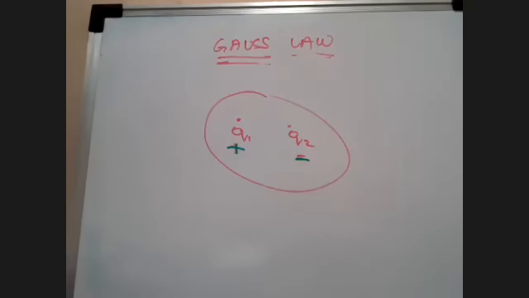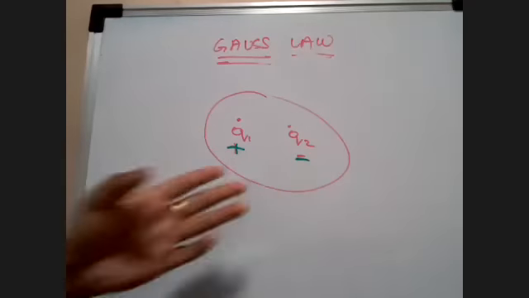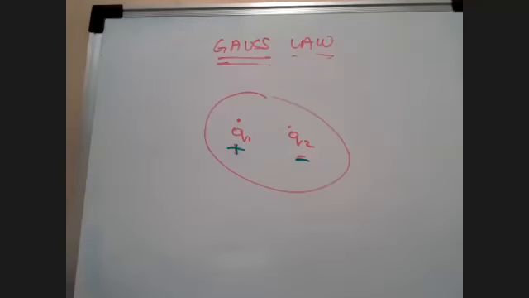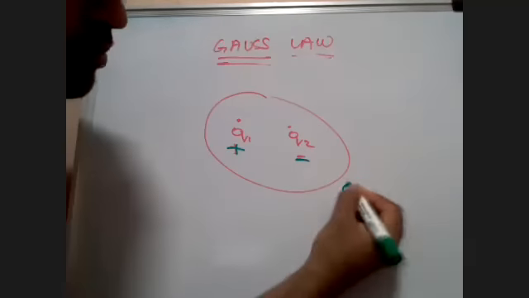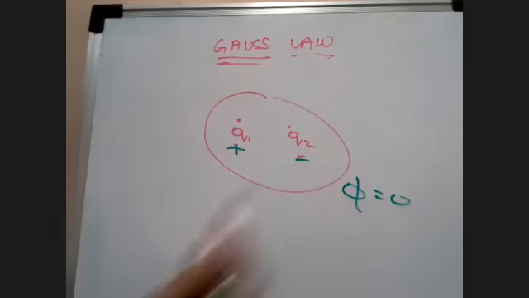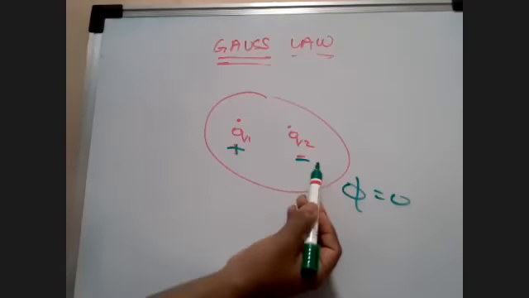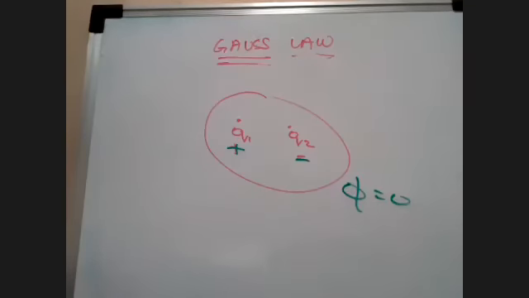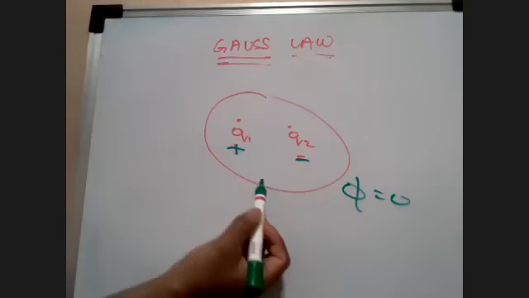Zero. So always remember, this small concept is called a dipole. I will get into dipoles very soon, but all you need to know right now is that if there is a dipole, a positive charge and a negative charge brought together inside a Gaussian surface, the entire flux is going to be equal to 0, because all the electric field lines produced by q1 are going to be consumed by q2. So ultimately the total flux which is emerging out of this